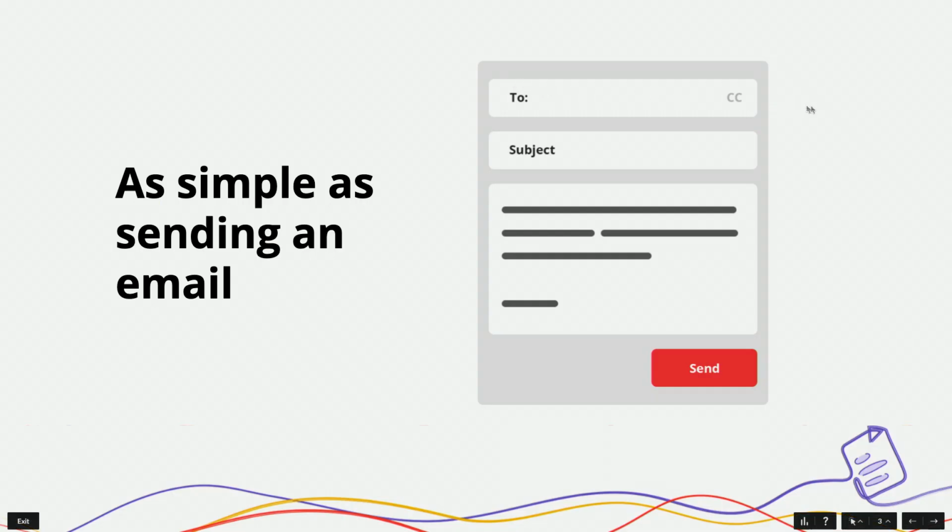So one of the things that's nice about email marketing, as we all probably know, is that email marketing is as simple as sending an email. Email marketing really is that simple. We have a to field essentially, which is generally going to be a list because we're sending emails to a bunch of people all at once. We have a subject field, which is basically describing what's in the email, and usually we want to be more descriptive than salesy when we're doing that.